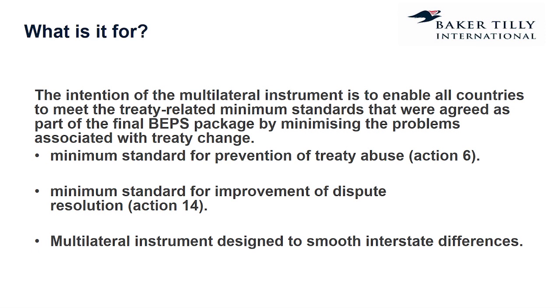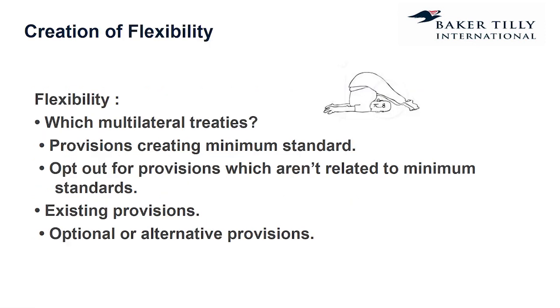It also includes something that helps with dispute resolution and interpretation of the treaties. So anybody signing up to it will now have access to slightly better mechanisms for resolving any disagreements that might exist under it. And the idea is that what the MLI does is it works at a minimum standard for anti-avoidance in all double tax treaties.